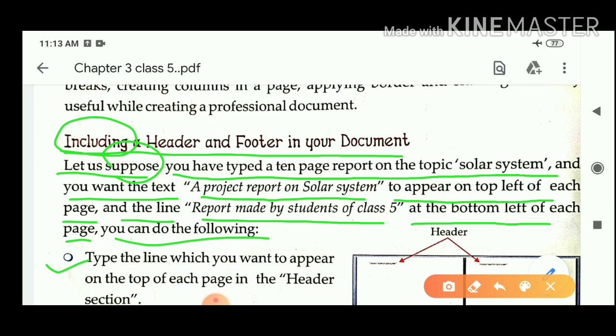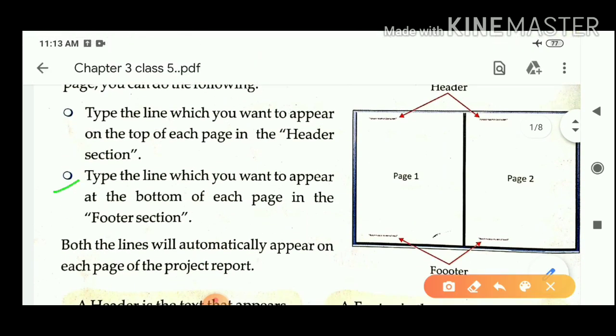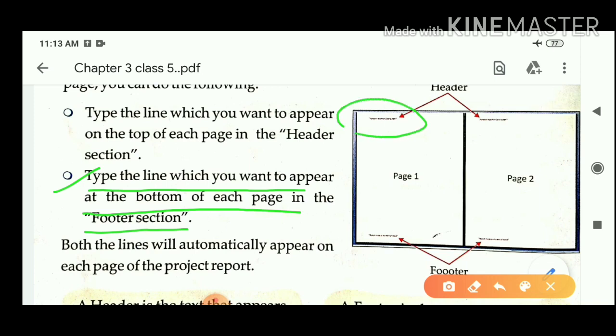First point is type the line which you want to appear on the top of each page in the header section. Second point is type the line which you want to appear at the bottom of each page in the footer section. You can see these are header and these are footer.